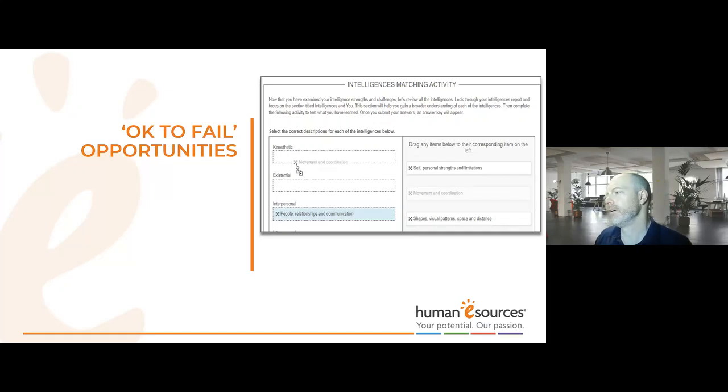But here's an example of one where it's sort of a matching activity. This is built into an online curriculum where they basically drag and drop, and it's not for grade, but most people are willing to drag and drop because there's very little writing that's involved. But this is an online tool. You can create drag and drop type quizzes with a lot of different online tools and integrate them into your LMS. So that's a nice way to do it. And then they can see the feedback right away, which is another critical part of saying, oh, this is right or wrong as soon as they drag and drop that. And so that's just one example of it.